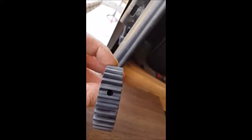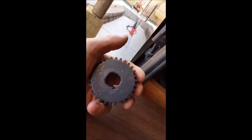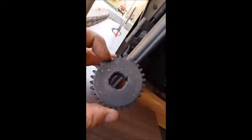Okay, I got my gear. Came in just a couple days. I use PayPal and they're pretty quick. It's a 5/64 Allen screw in there, and it's a 30-tooth gear. So I'm in the process of putting this together. While you got it disconnected, since it was out 5/8 of an inch on one side,